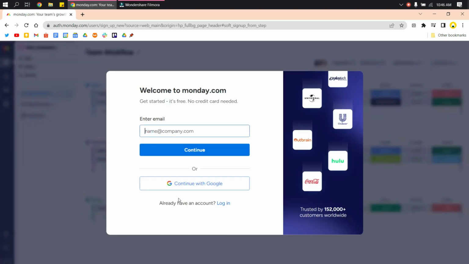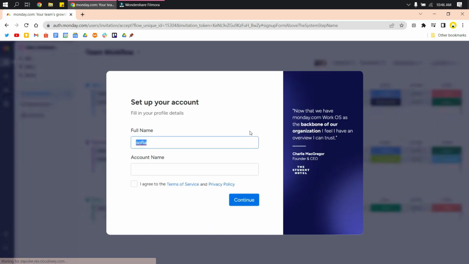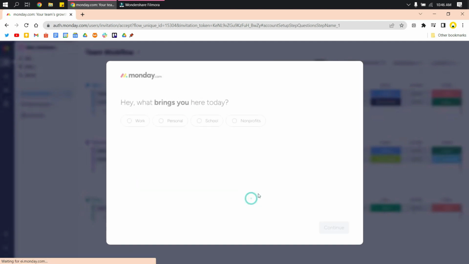So you just have to log in using your email, or you can continue using your Google account. Once you have logged in either by your monday.com account or Gmail account, you can then set up your account. Here I'll just have my full name and then account name, so it depends on what you prefer,